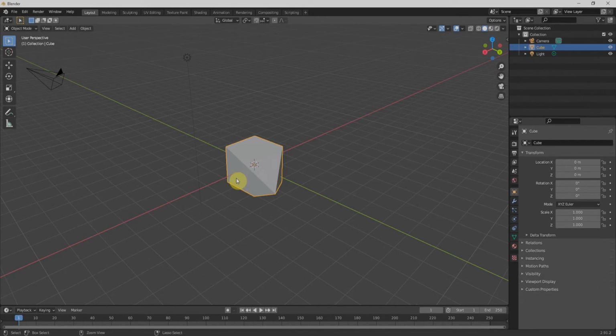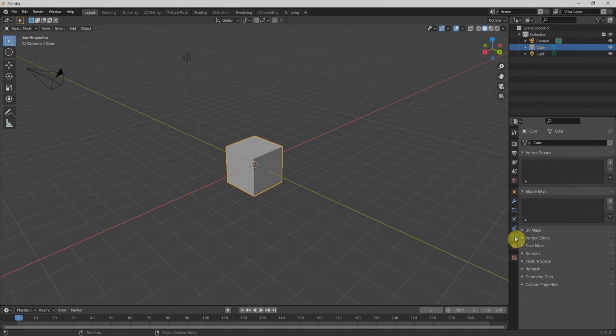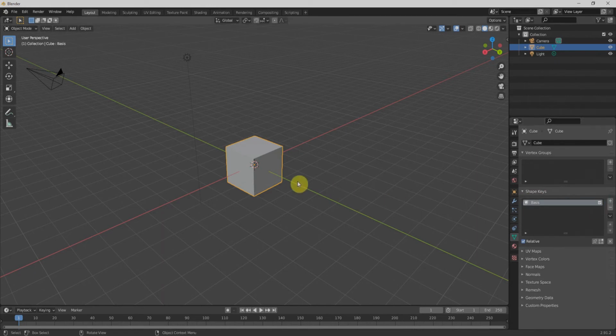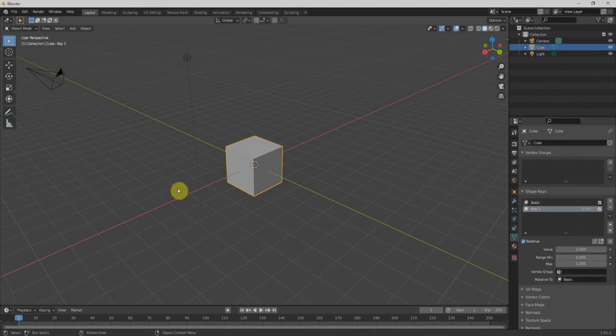I'll press Ctrl Z to go back, and we'll navigate to the object data properties menu. From here we have a section titled shape keys. Over here we'll add a first basic shape key, which has the record of the current cube, and we'll click plus again and select this key.